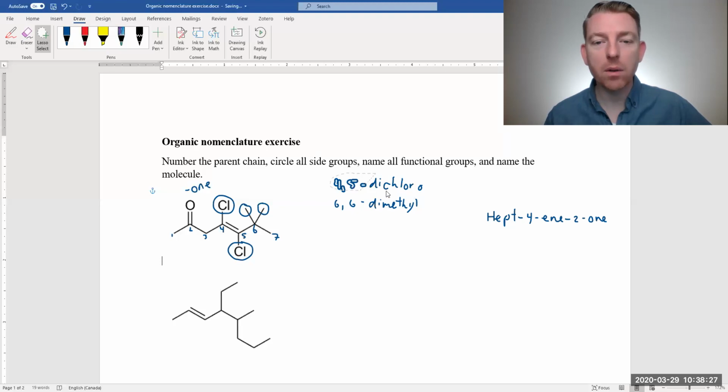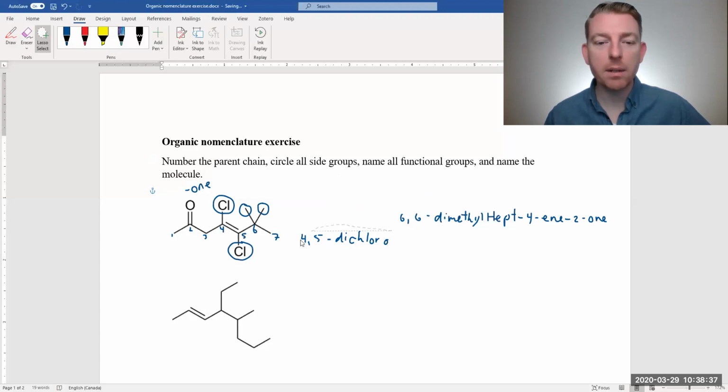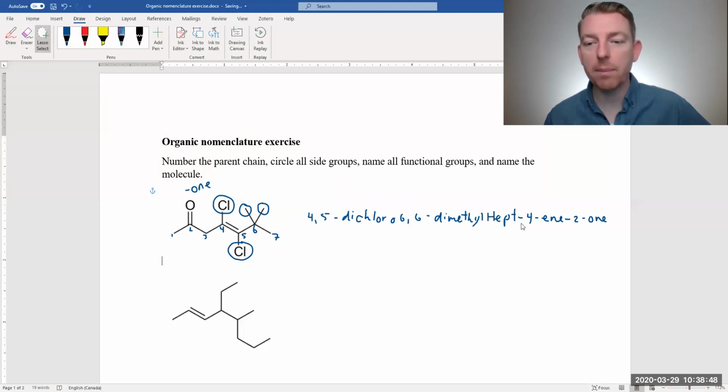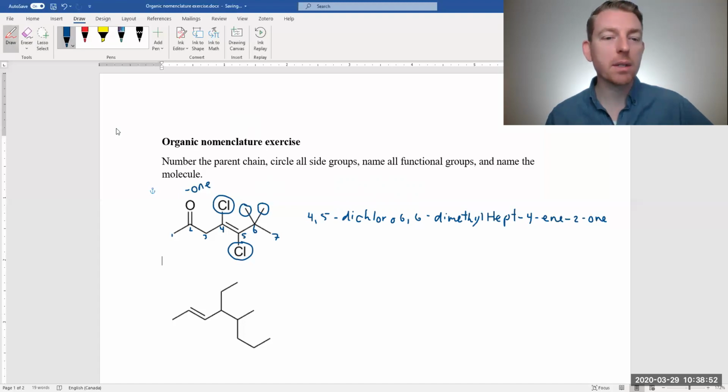So because the chloro is just earlier in the alphabet, it will go first, and we'll have the dimethyl behind it. Okay. So 4,5 dichloro, 6,6 dimethyl, hept 4-ene 2-one, and we're still missing one part